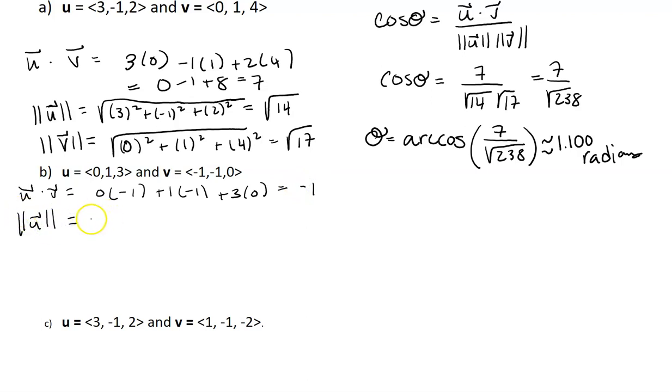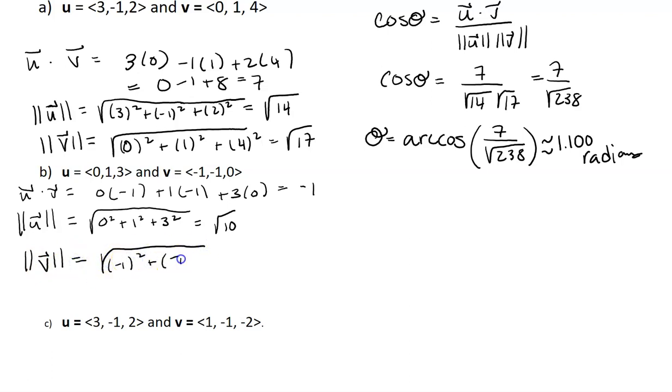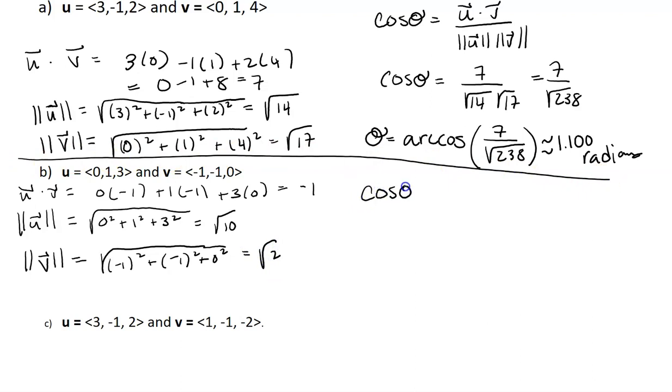The magnitude of u is going to be the square root of 0 squared plus 1 squared plus 3 squared, which is the square root of 10. The magnitude of v will be the square root of (-1) squared plus (-1) squared plus 0 squared, which is the square root of 2. So the cosine of theta is going to be -1 over the square root of 10 times the square